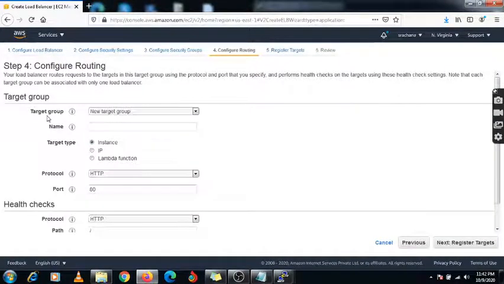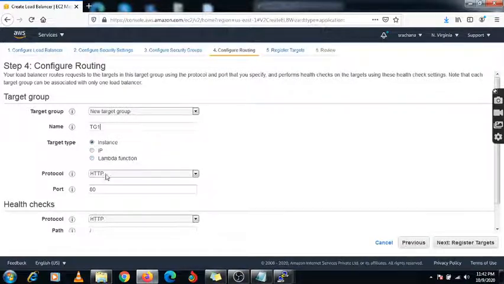Here is the option of target group. You need to specify the target group name, so I am specifying the name target group. Here you need to select the target type, on which target you want to do the load balancing. I am going to select instances. You can do load balancing over instances, IP, or Lambda function.